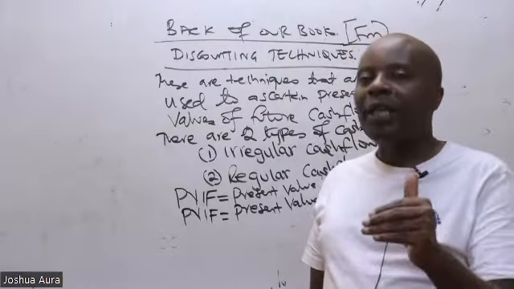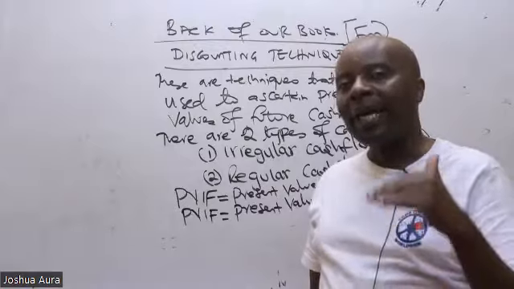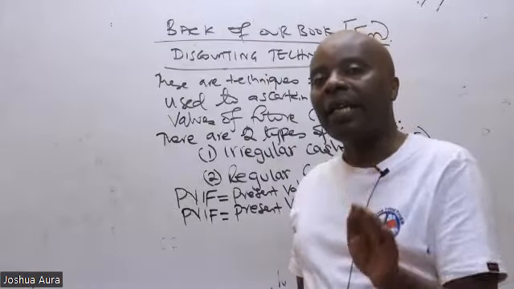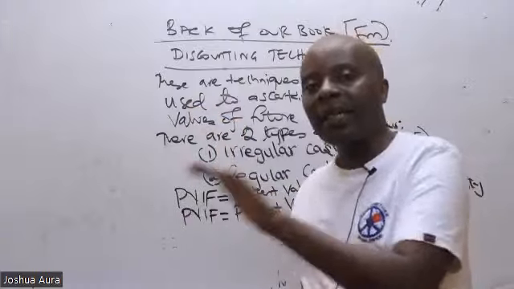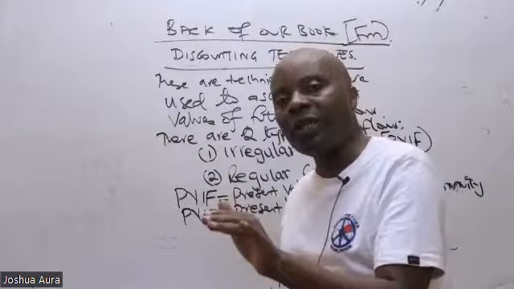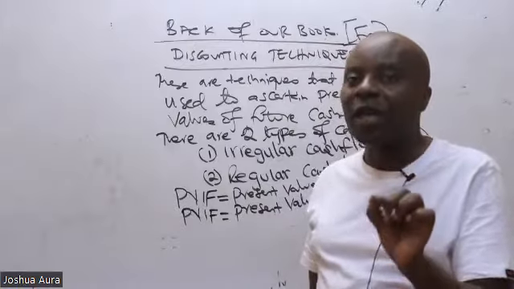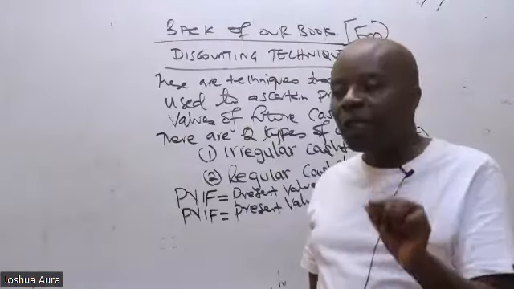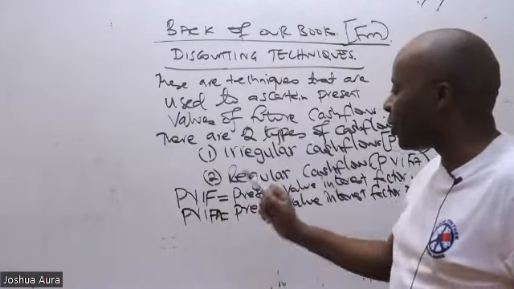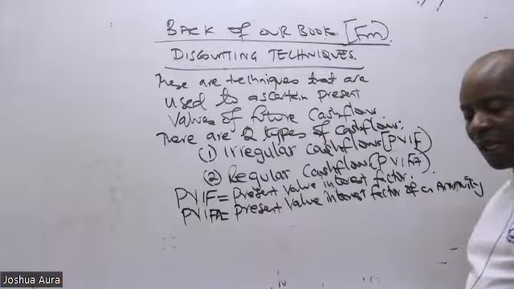And if, for example, the cash flows that I'm getting here, ladies and gentlemen, are regular, like this year you are giving me 10, next year 10, the other year 10, the other year 10, then we call them uniform. Uniform cash flows are also called an annuity. And if there are annuities, then automatically we shall be using what we call PVIFA. Sorry, here I left an A. So this is supposed to be PVIFA, which is present value interest factor of an annuity. Now listen to me very well.